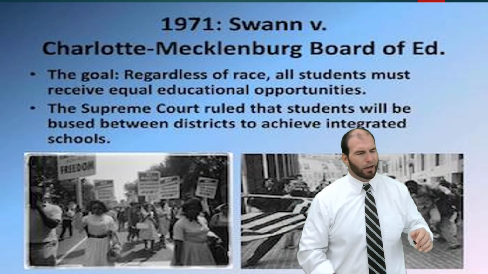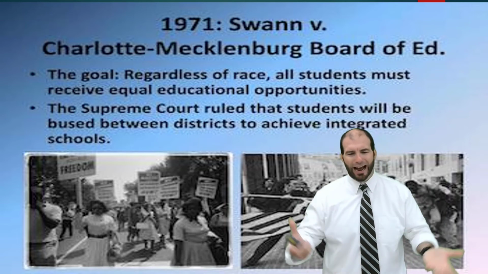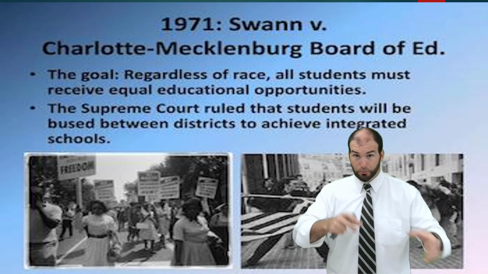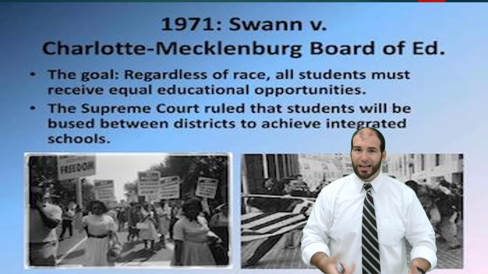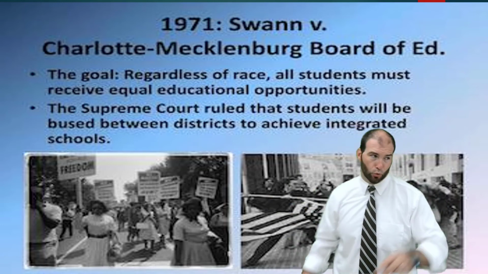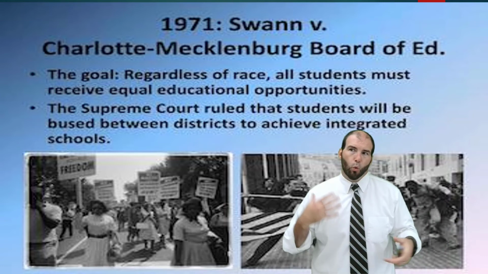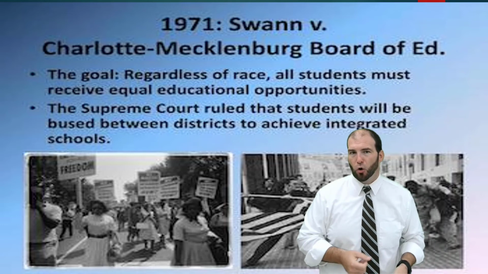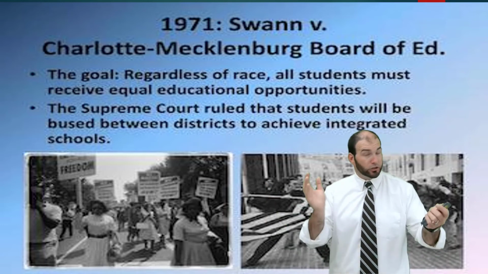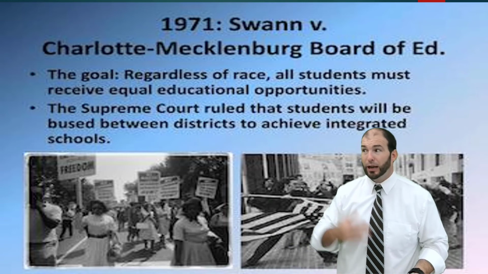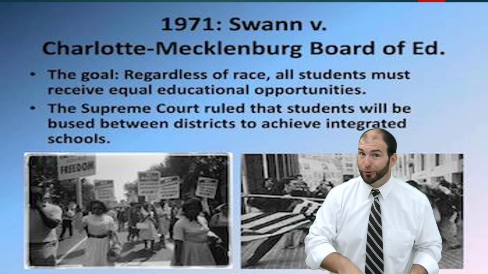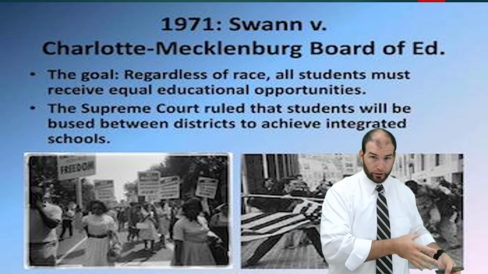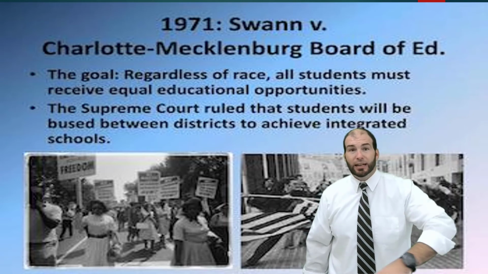Swann versus Mecklenburg is like, yeah, we need to do this. But over time, when we've lifted all these rules against what neighborhoods white people and black people can live in, you'll have a more diverse society. We're not always going to need to ship people from this school to this school. So once Charlotte feels like they have met this integration goal, they can stop doing this, which is unique for a Supreme Court decision, being like, when y'all feel ready to not do this anymore, you can. And a lot of it has to do with Charlotte had decided on their own they wanted to do this to start with. So for the 1970s and 1980s,